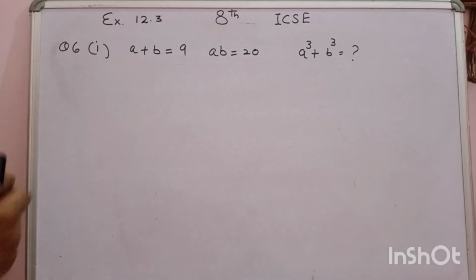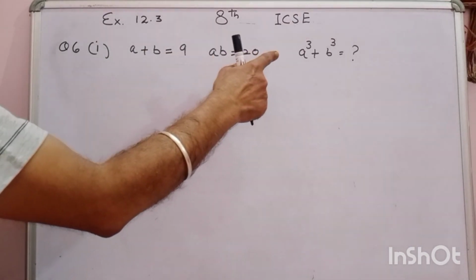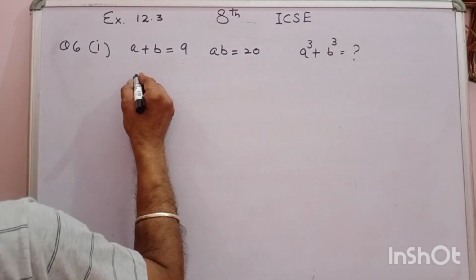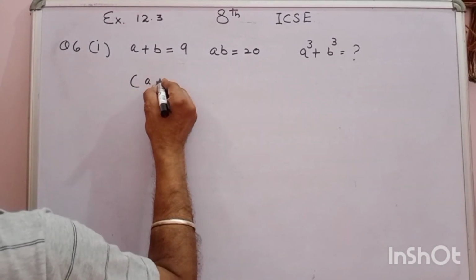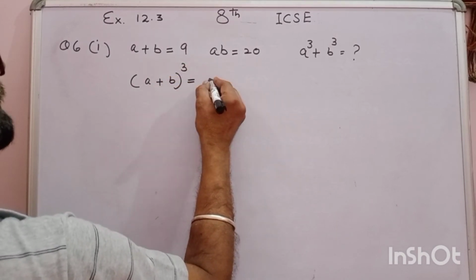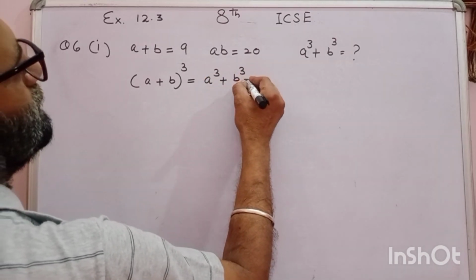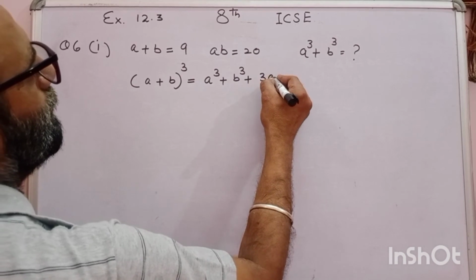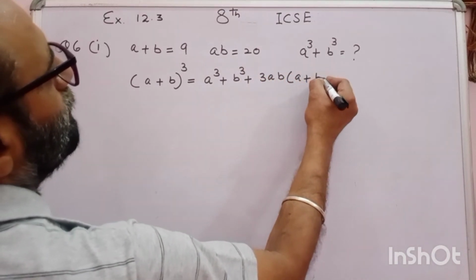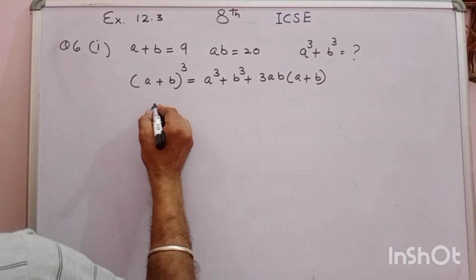Question number 6 part 1. If a + b is equal to 9, ab is equal to 20, find a³ + b³. We will use the identity (a + b)³ is equal to a³ + b³ + 3ab(a + b). Now we will put the values in this identity. (a + b)³, that is 9³,